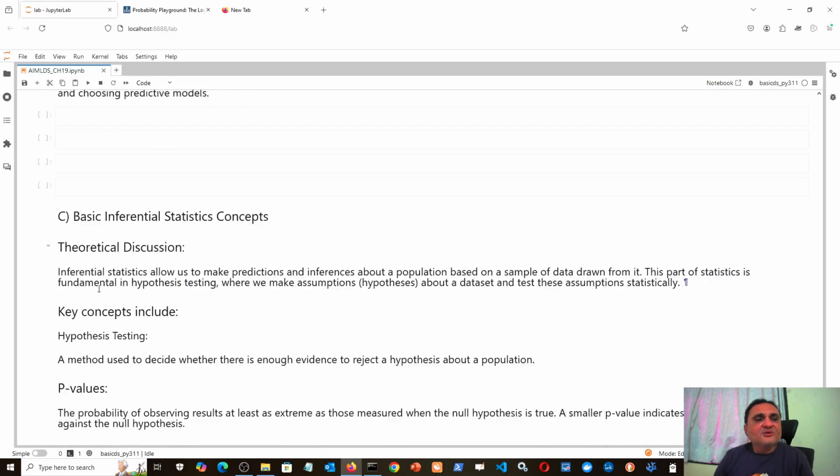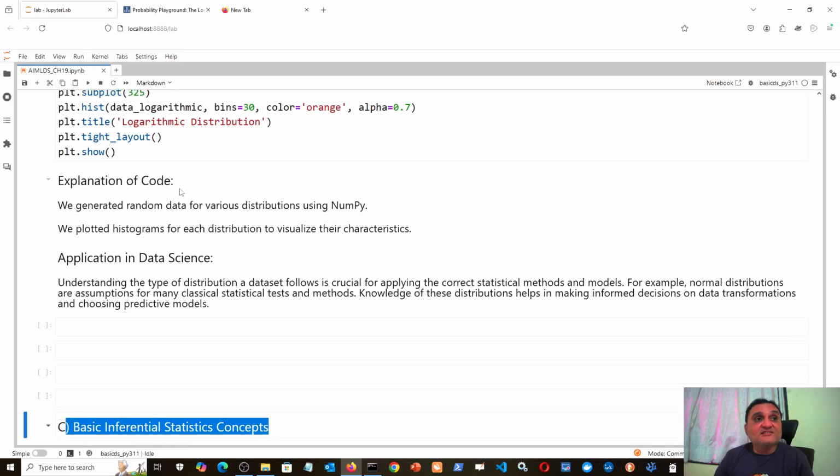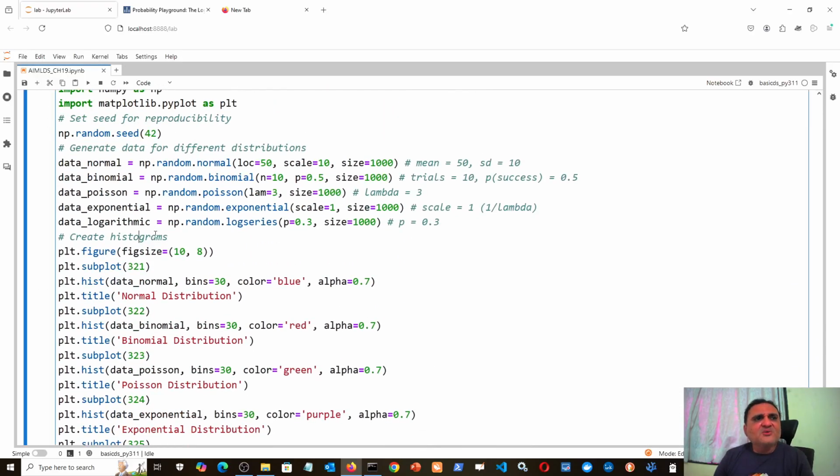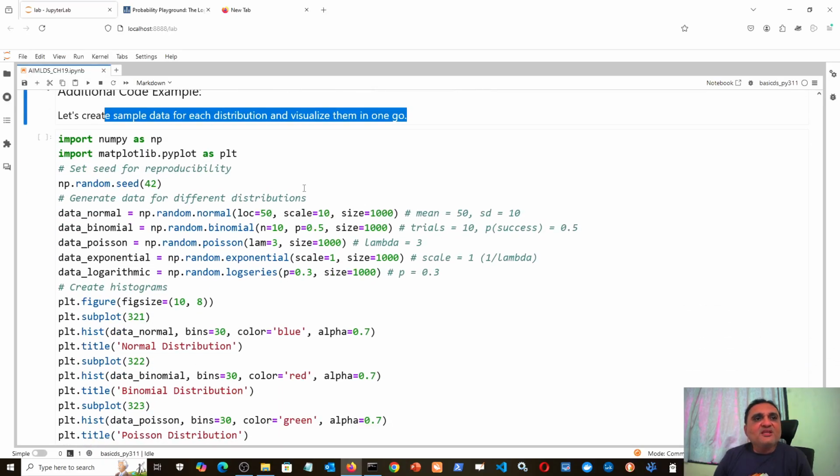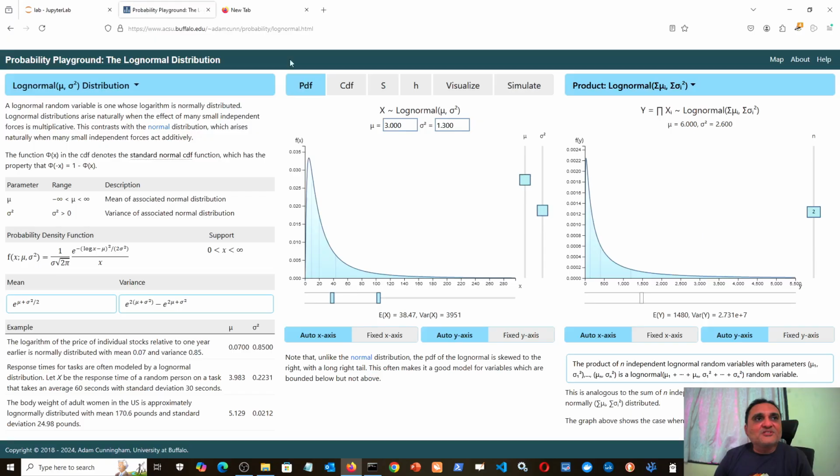Next, we still have inferential statistics, right? So let us do this. Here we create sample data for each distribution and visualize them in one go. That is just in case this probability playground is not there, or someone is curious how Professor Adam Cunningham of University of Buffalo